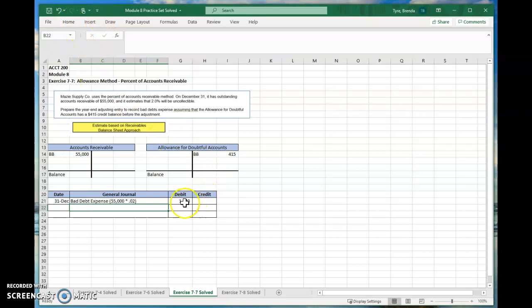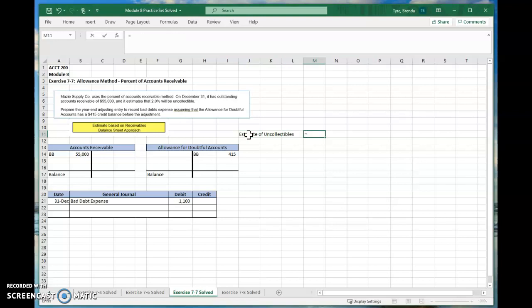Oh, wait a minute, what did I do wrong there? Ah, yeah, this is the balance sheet approach, right? What do I have to do? I have to look at what is already in that account. So this isn't necessarily going to ring true, is it? No. So my estimate of uncollectibles, if you want to do that like this,